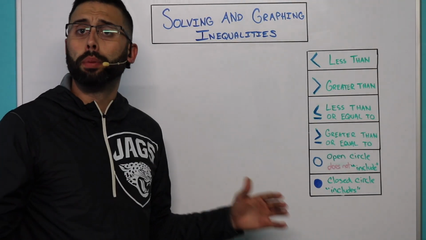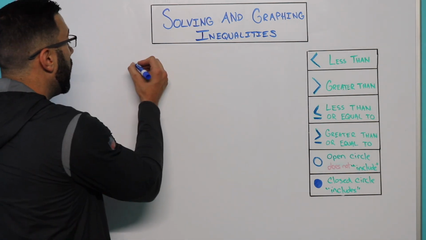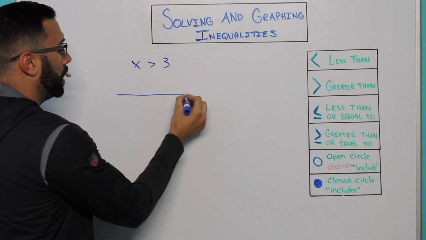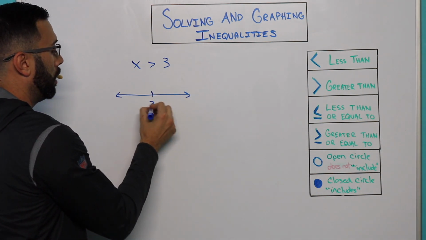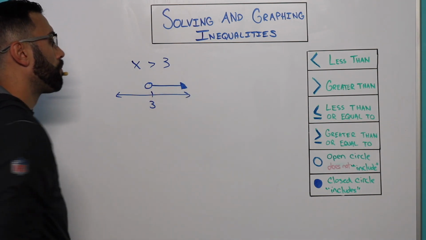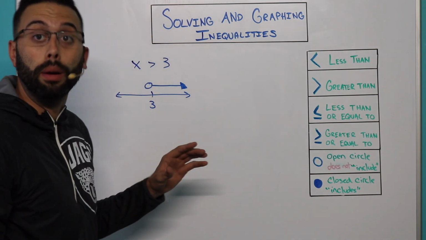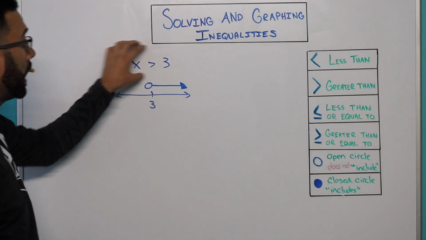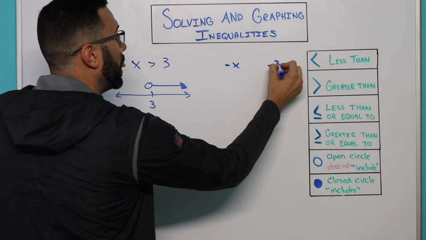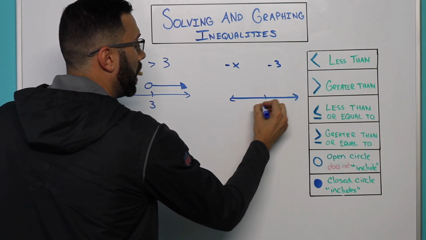Here's just a quick explanation why we flip the sign when we multiply or divide by a negative number. If I have x is greater than 3, and let me give a little picture representation as well so you guys can see this. Here's 3, open circle, everything to the right, okay? Now, if I multiply both sides by -1, I'm still in balance, right? Because what I did to one side, I did to the other. So I'm left with negative x is something to -3. And I'm going to put -3